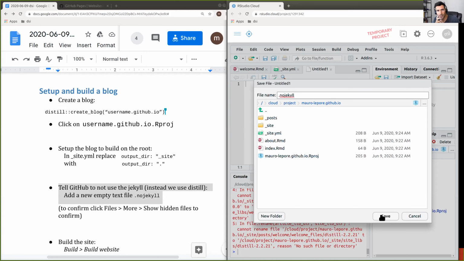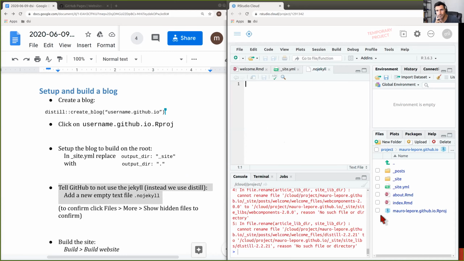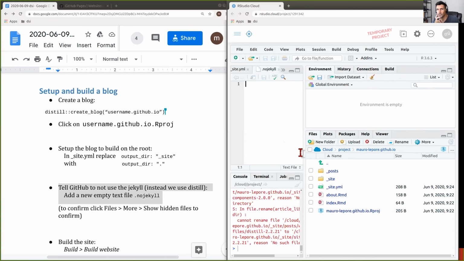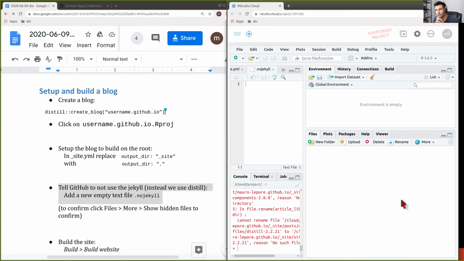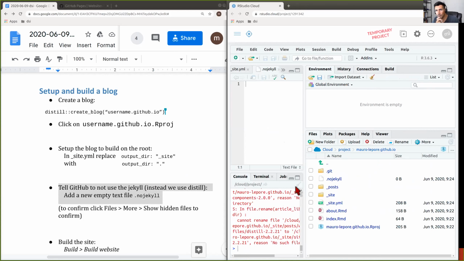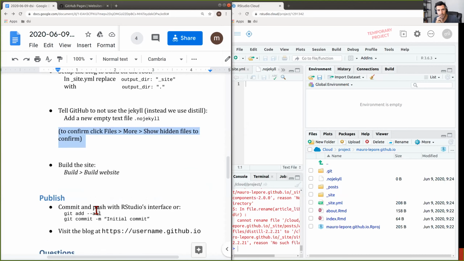I think I got it right. So I'm gonna click save. You may not see it because it has a dot as a prefix, and files prefixed with a dot are hidden by default, but you can click here on more and click on show hidden files. And now the file .nojekyll should appear. So the next step, as we confirmed that it exists,